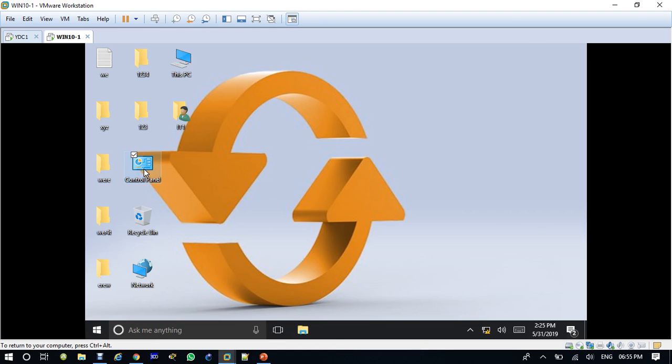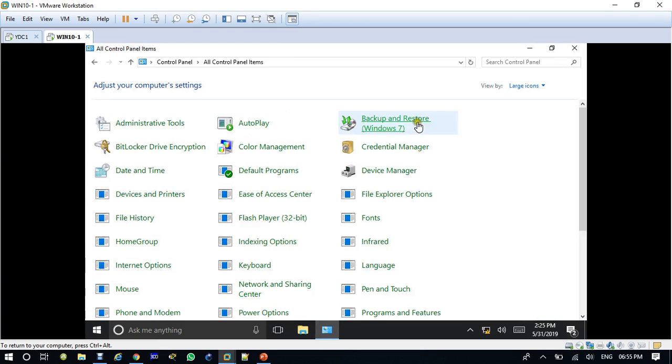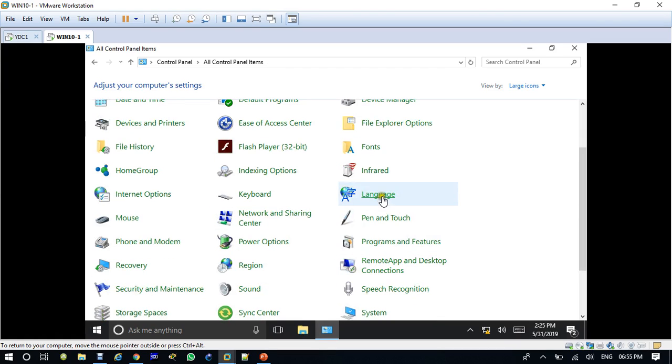Let's open the control panel. Category, large icons. So you can see here BitLocker, administrative tools, everything is there, file history, everything is there, language, recovery, mouse, internet option. But with HR1 it is not there, because you have applied the policy on the HR department. Okay, so we are done with this control panel items group policy.